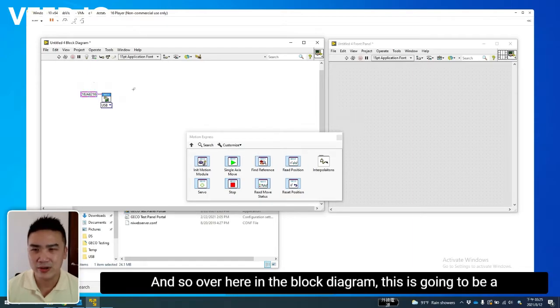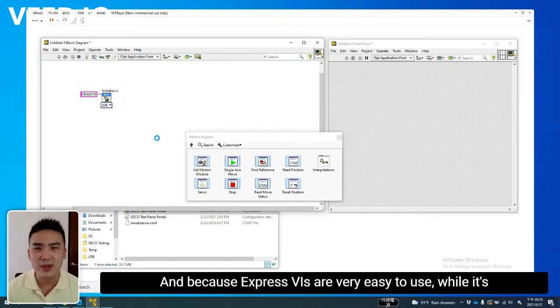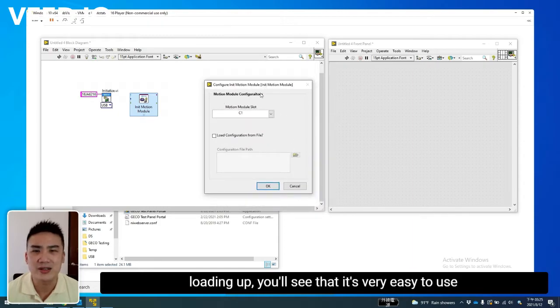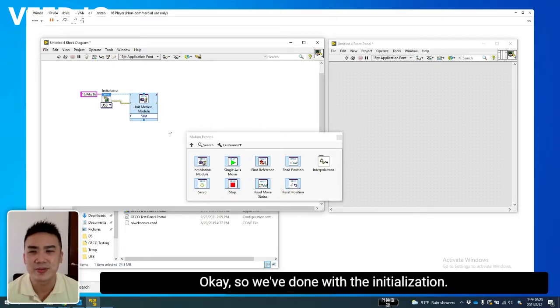And so over here in the block diagram, this is going to be a initialize the controller. Over here, I have initialized the motion module. And because they're Express VIs, they're very easy to use. While it's loading up, you'll see that it's a very easy to use configuration panel. Let's go ahead and use the default first slot C1. We'll connect these wires up. Okay, so we've done the